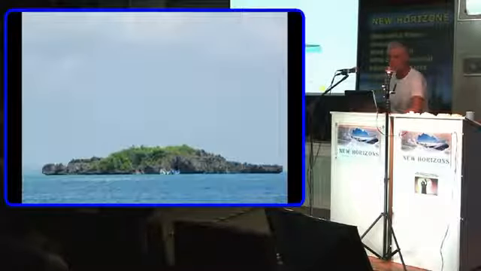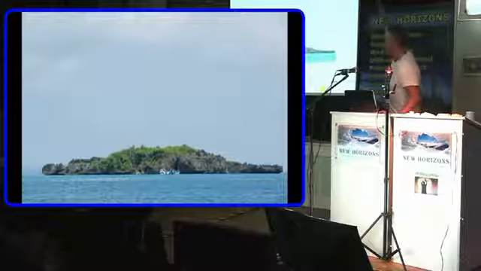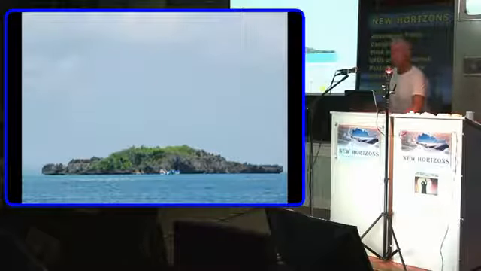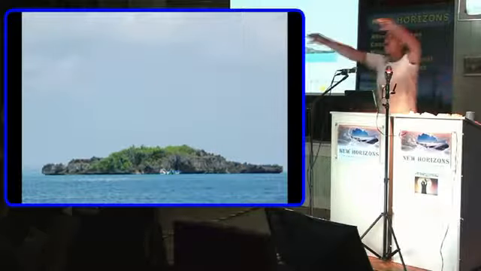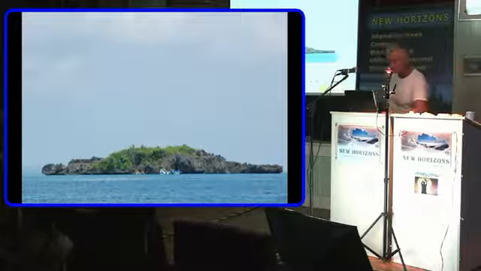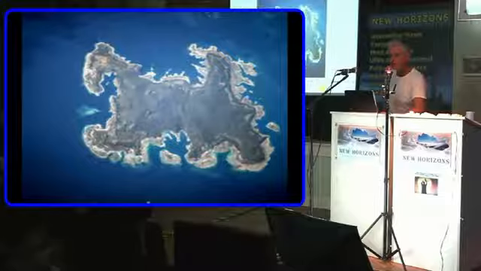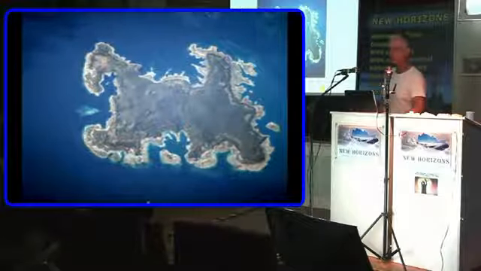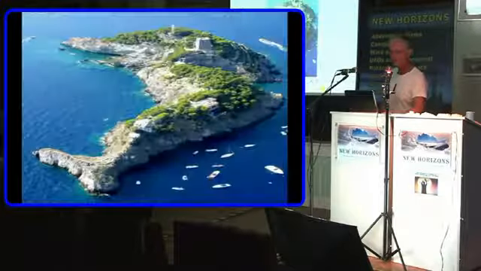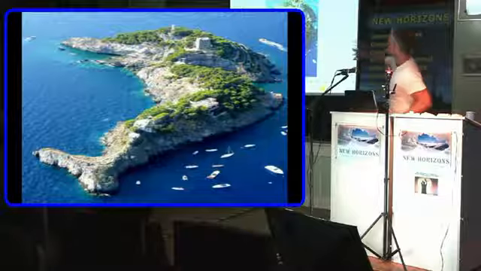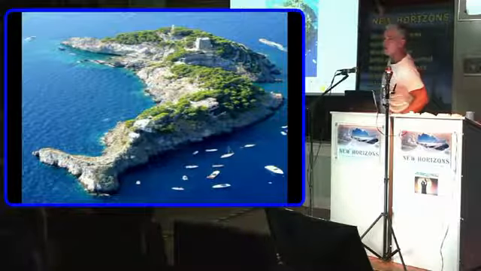Okay, what do you see? Could be a crocodile. It's a crocodile, correct. Just the erosion just happened to carve out the shape of a crocodile for an island. Okay, what else do you see? A dog. Yeah, a big dog. Looks like one of those Scotty dogs, doesn't it? What do you see? Dolphin. It's an island, just happened to be in the shape of a dolphin.